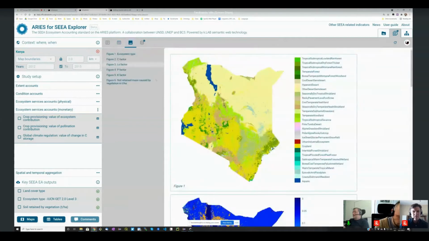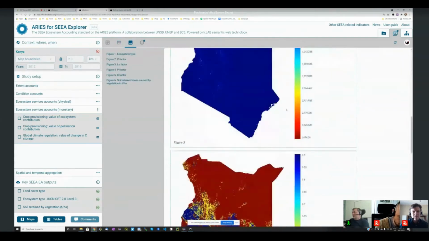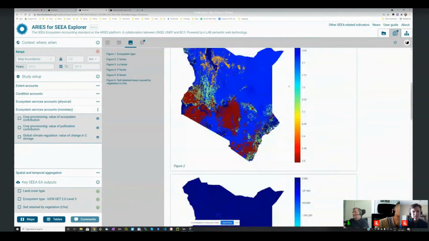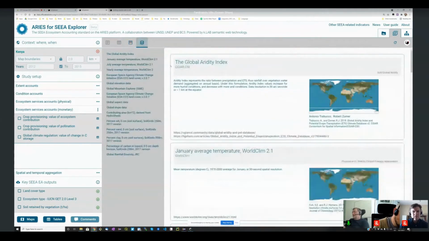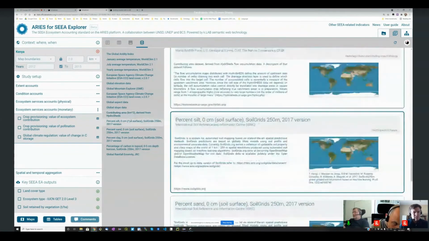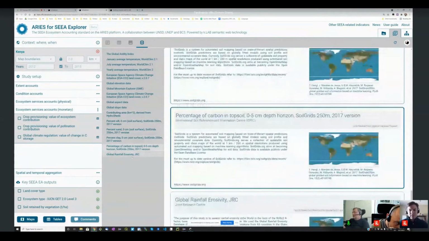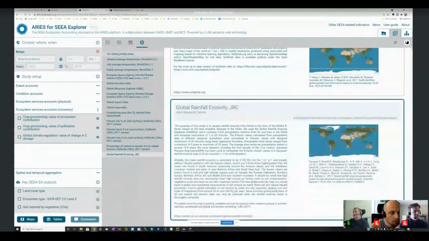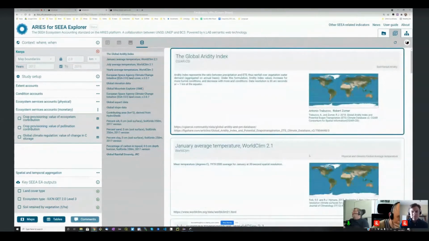You have the different figures here that keep growing and changing as new things are computed. And you have, as before, all the data sources that in this case, because we have a more complex set of observables here, you get a lot more stuff here. So that's more or less what I wanted to show you.